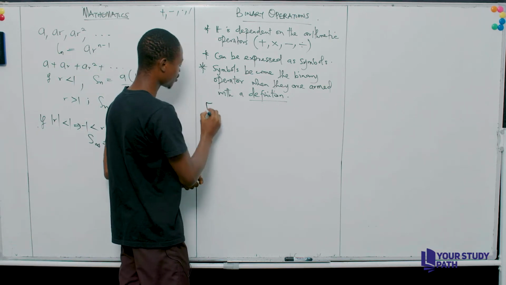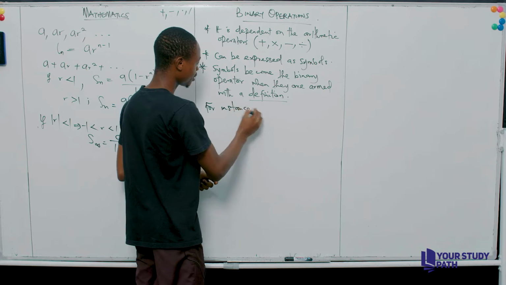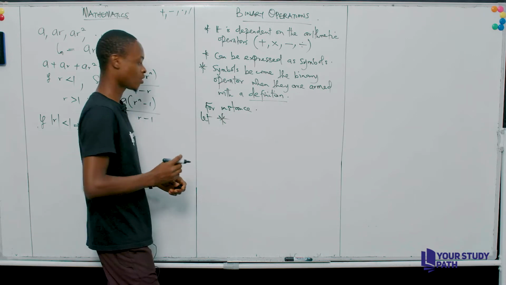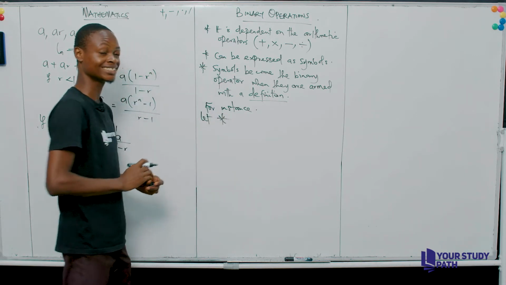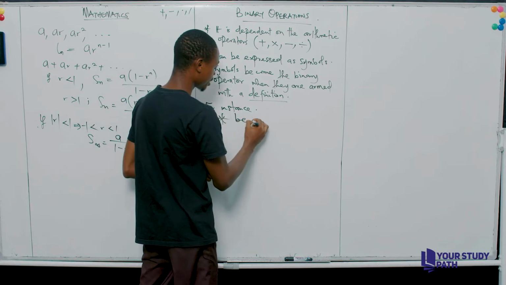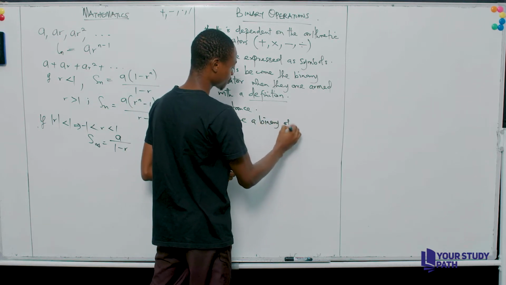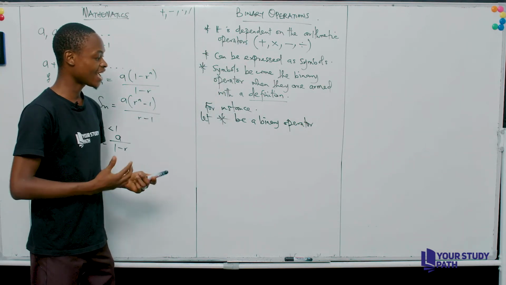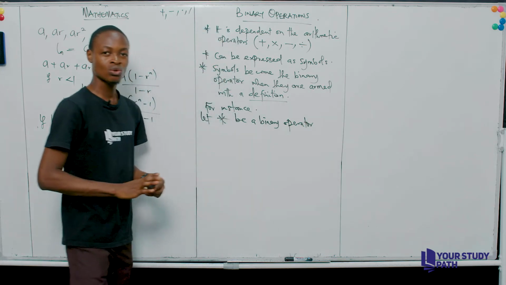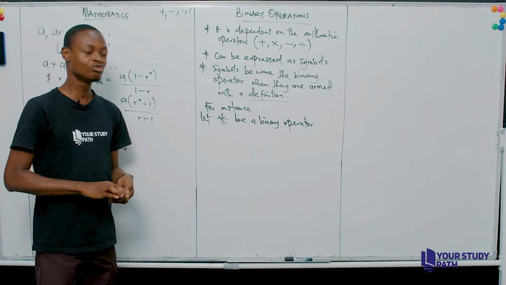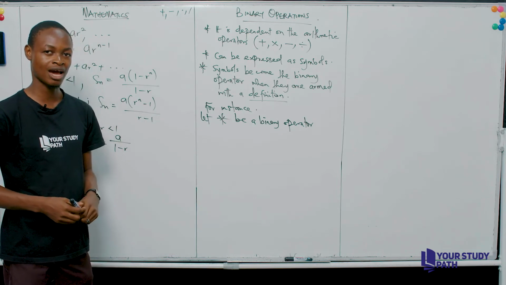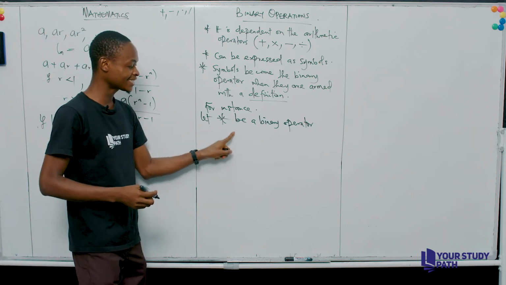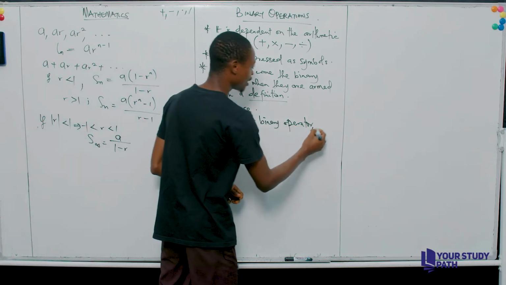So, for instance, we can let asterisk be our symbol. Now, we are saying asterisk is a binary operation or a binary operator, whichever one you decide. However, if asterisk is a binary operator, it has no use for us. We do not know how to deal with asterisk as a binary operator until it has been defined. So let asterisk be a binary operator defined